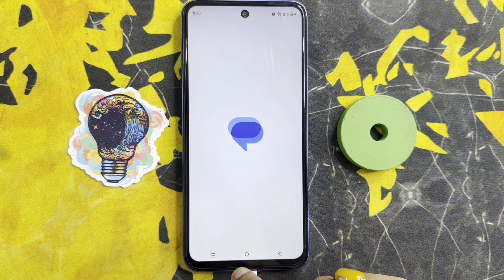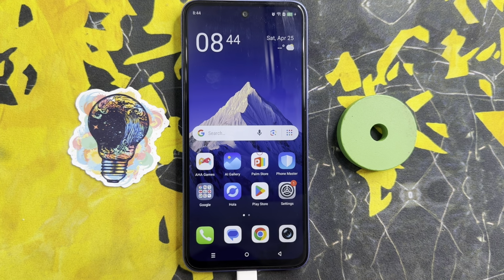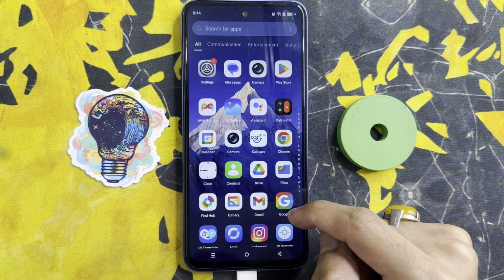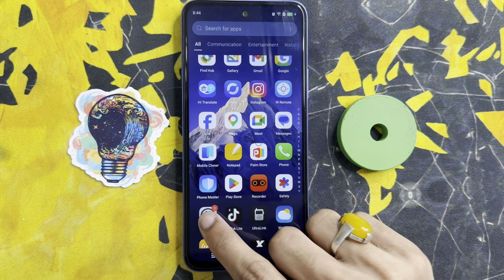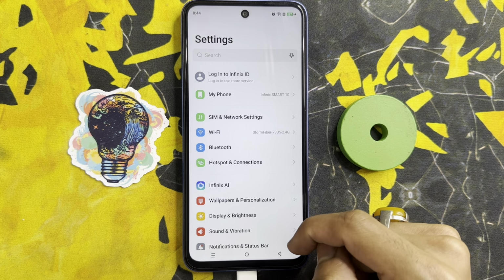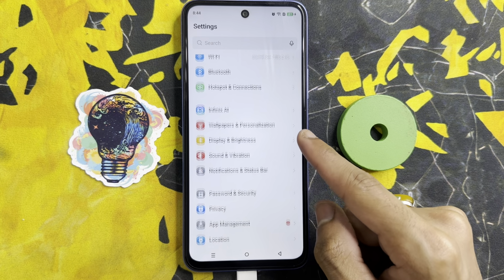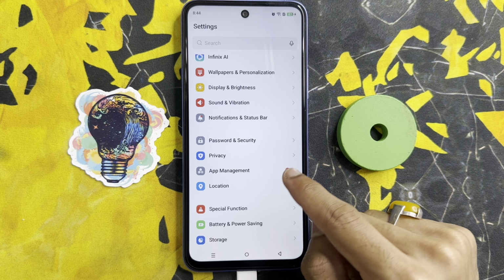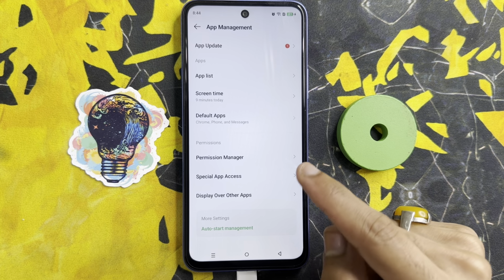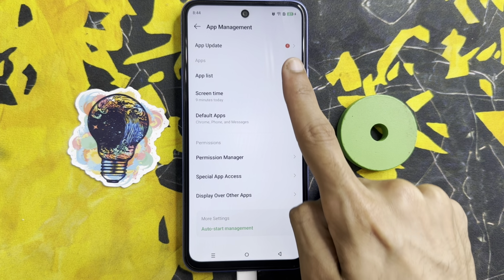But if it is not solved, go to the app library. Here click on the settings app. Now in settings, scroll down and click on app management. Then click on app list